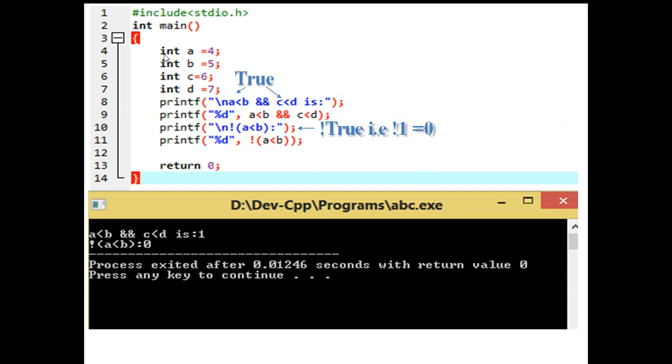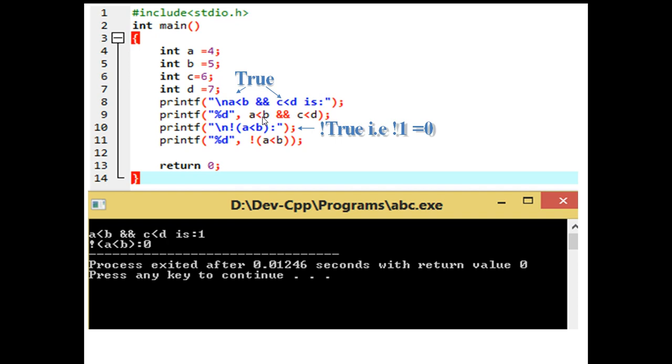The sample program demonstrates the use of equality, inequality and logical operators. The program declares int a equal to 4, b equal to 5, and c equal to 6 in the main function, with a printf statement comparing a less than b and c less than d.